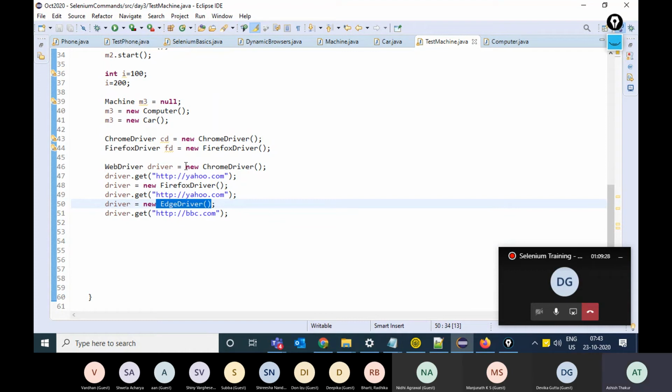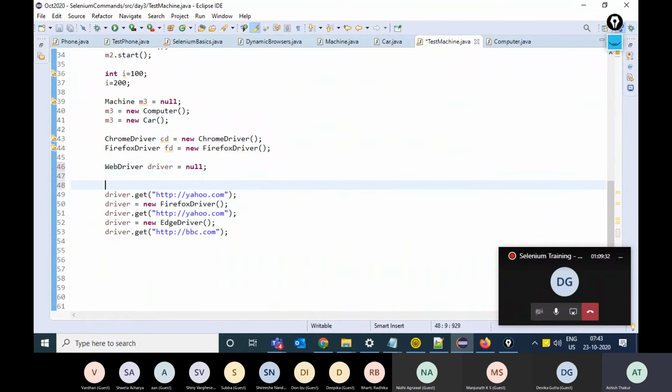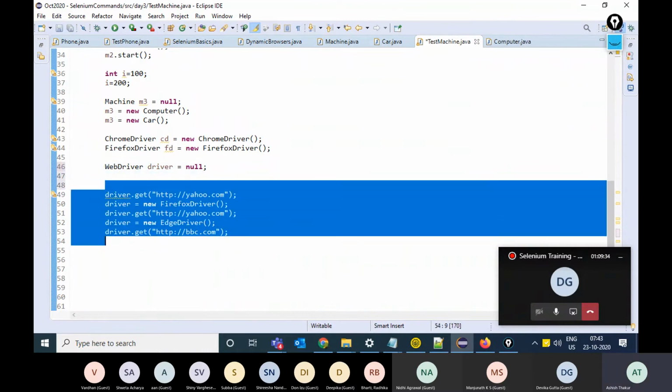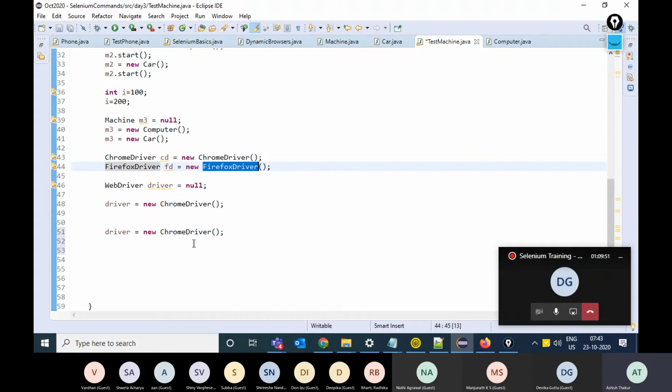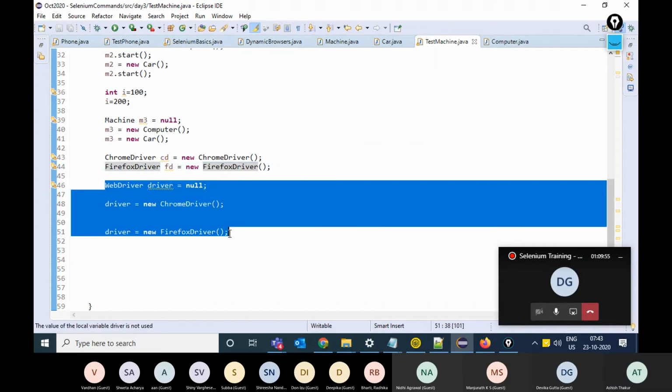So I can define something like driver equals null. Based on my choice, I can write driver equals new ChromeDriver if I want driver to point towards Chrome, or I can make driver point towards Firefox as well. This is the practical usage.